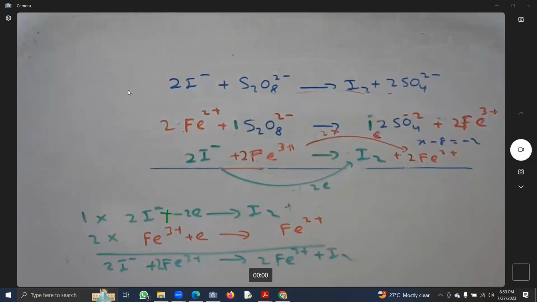Don't put plus minus 2 electrons. There is a small issue. Then the examiner may think you are trying to trick him. Now if you put